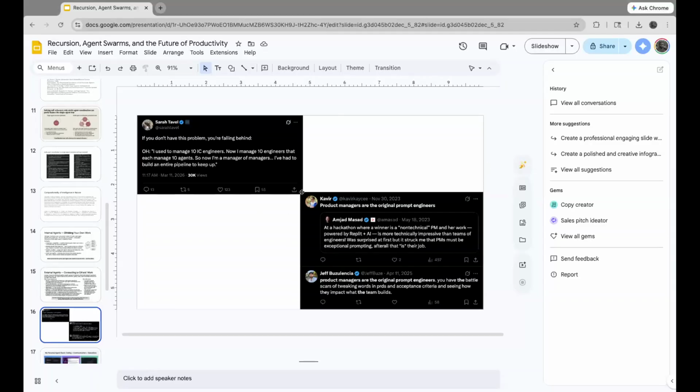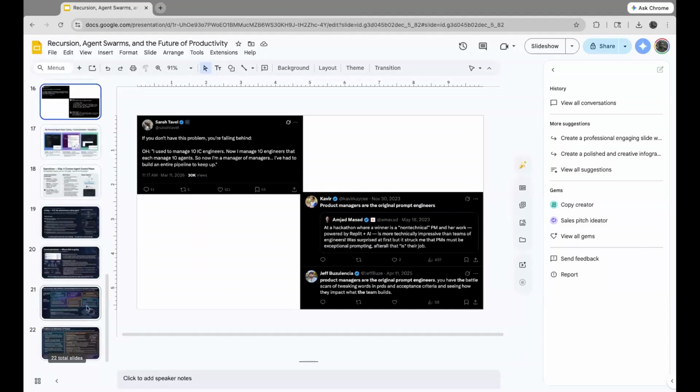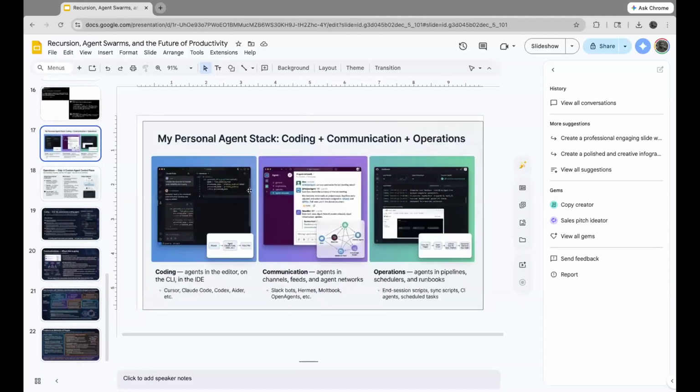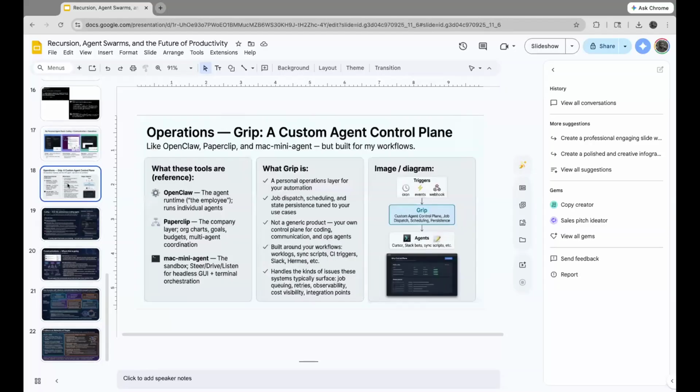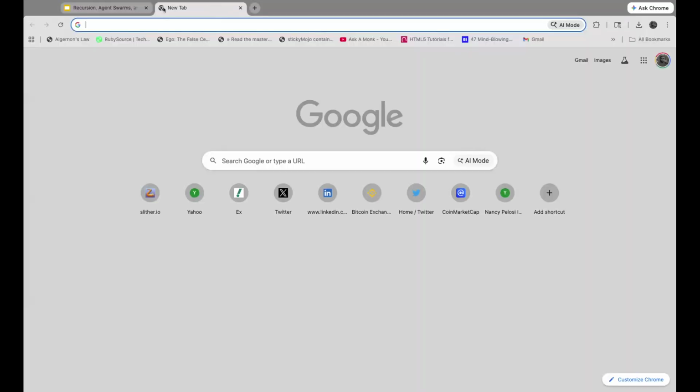So I just want to point out, I really see internal and external as somewhat connected, for reasons that are becoming more obvious to people who are traditionally ICs. So then my personal stack, if we have time, happy to talk a bit more beyond these slides: I code, I communicate, and then there's operations. On the operations side, I have this thing called Grip, which is kind of like OpenClaw, which you might have seen. Paperclip, if you haven't seen it,